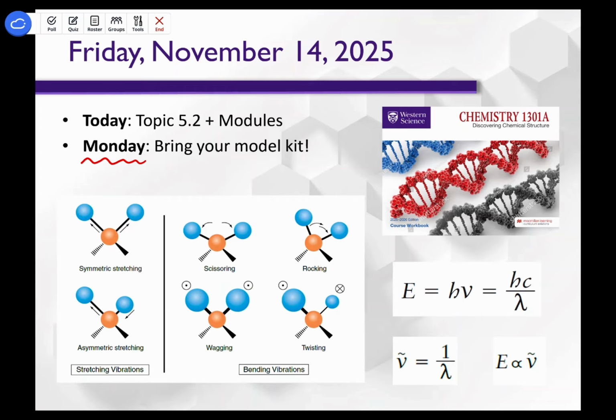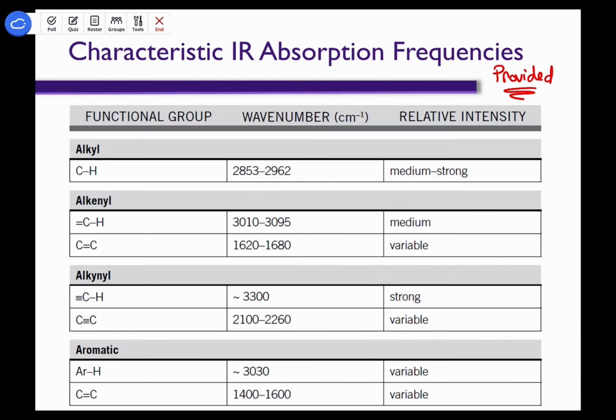So last class, we finished off by looking at an IR spectra, and we saw we can see when the sample absorbs different wavelengths or different wave numbers of light. So now we're going to look at this handy table that you have in your workbook. And the first thing I want to draw your attention to